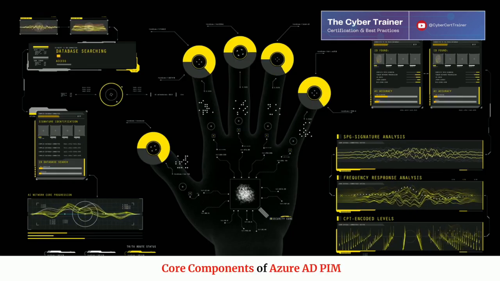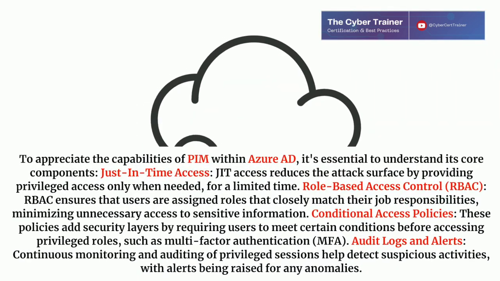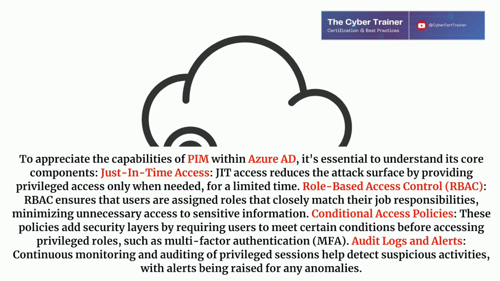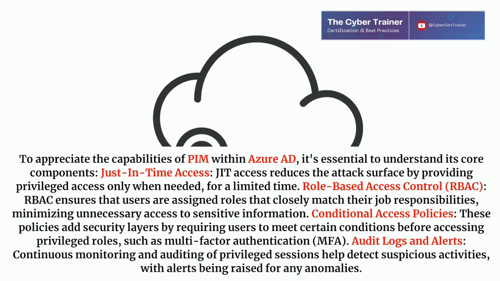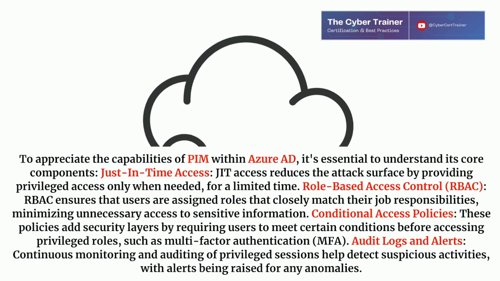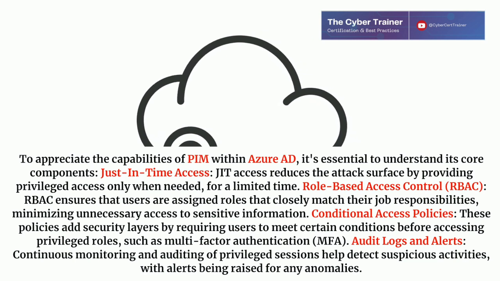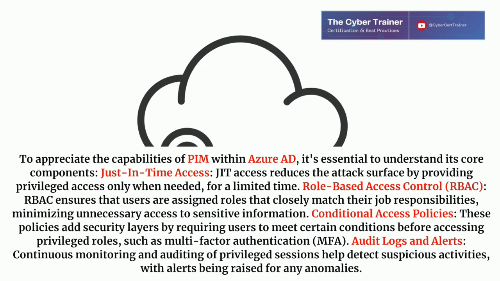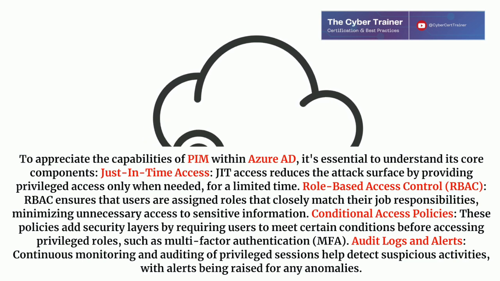Core components of Azure AD PIM. To appreciate the capabilities of PIM within Azure AD, it's essential to understand its core components. Just-in-time access. JIT access reduces the attack surface by providing privileged access only when needed, for a limited time. Role-based access control, RBAC. RBAC ensures that users are assigned roles that closely match their job responsibilities, minimizing unnecessary access